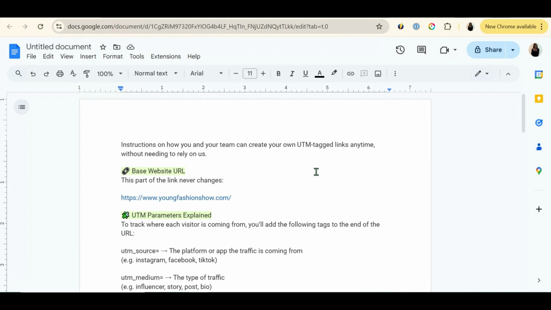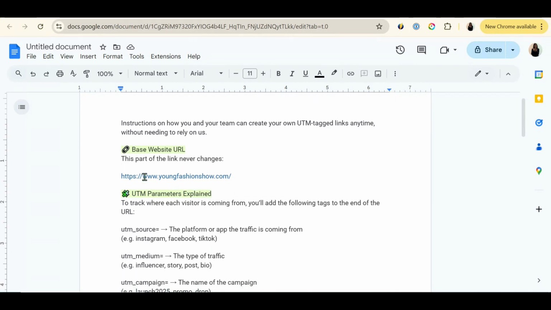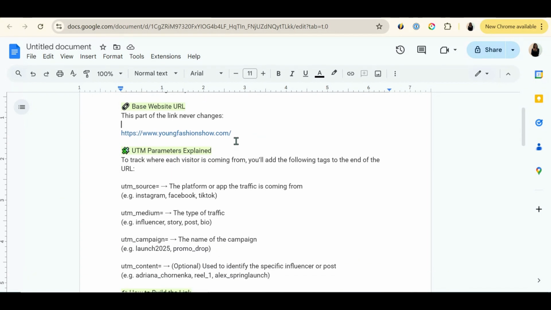Basically, creating UTM tags is very simple. You're going to use the baseline as you would for your regular website URL. So in this case, it's www.youngfashionshow.com. And then we're going to add the UTM tags at the end of this URL. Keep in mind that this isn't going to change the website at all. It's going to be the same website. The only thing that changes is the added UTM tags on this side, which is the complete URL that the client is going to be sharing with the influencers so that they can share on their